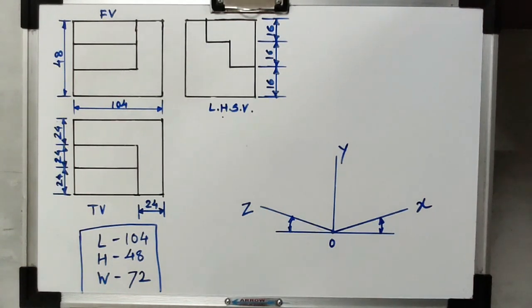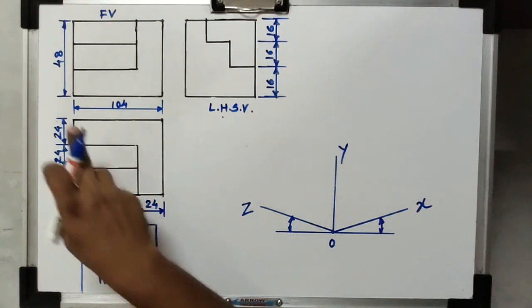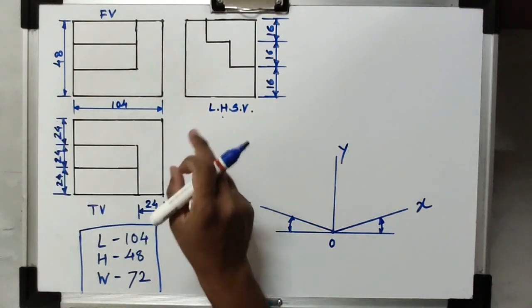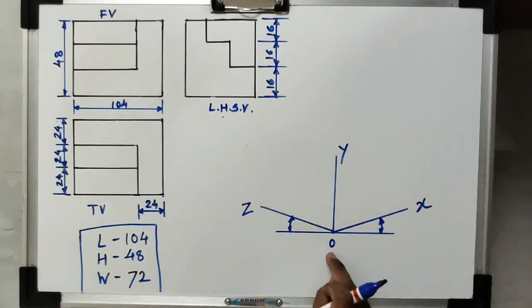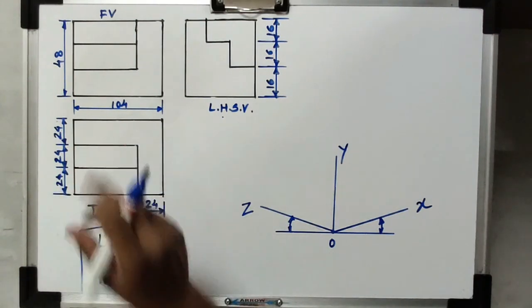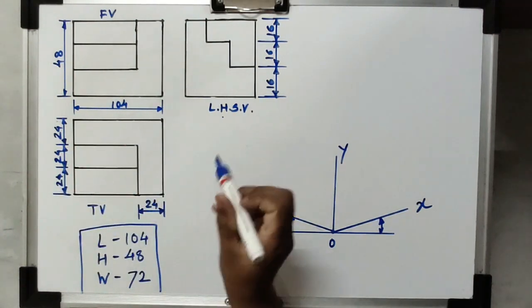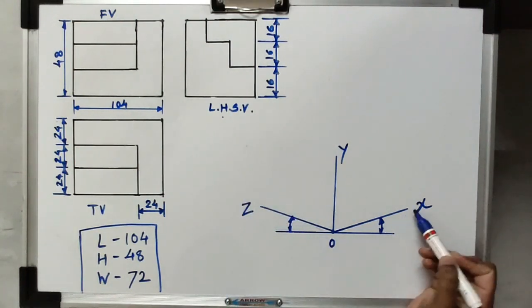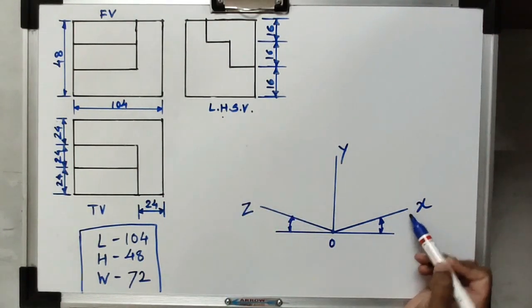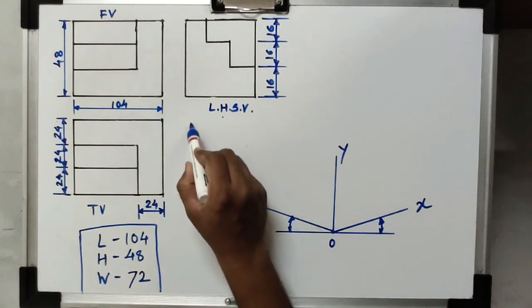As I mentioned in my last video, we always have to observe where the origin point is mentioned in the pictorial views. Here, in these three views, there is no marking of the origin point, such as an O marking. So it is not given. In this numerical, we have to identify whether the length will be represented on the x axis or the z axis from the left hand side view.